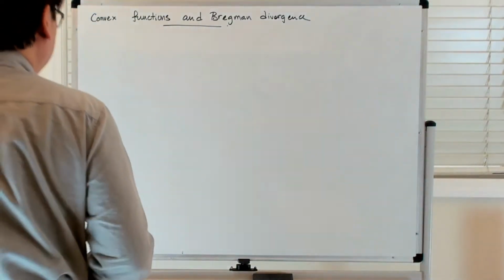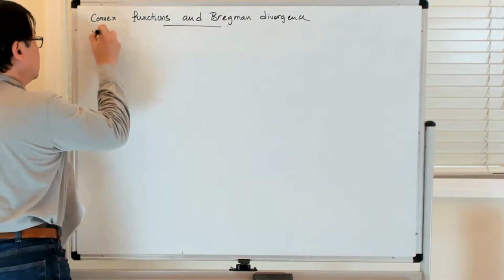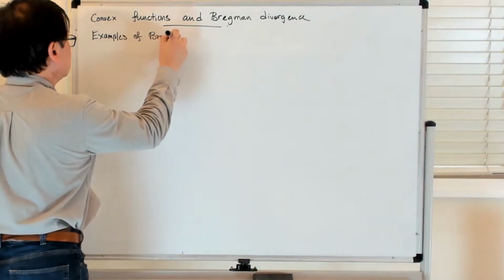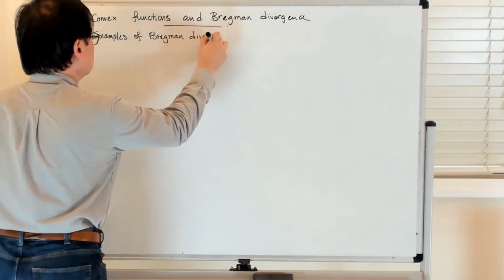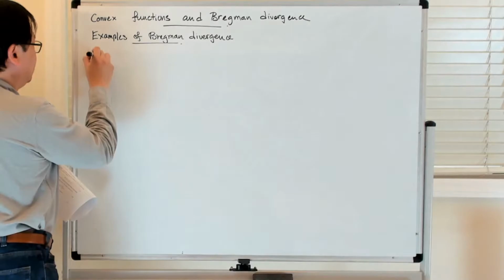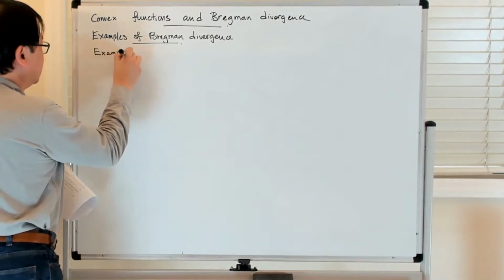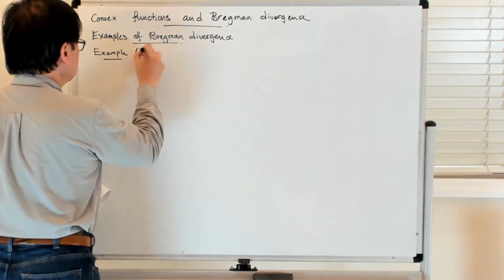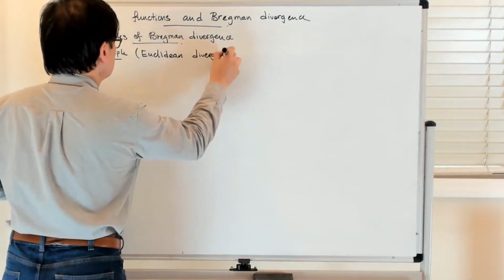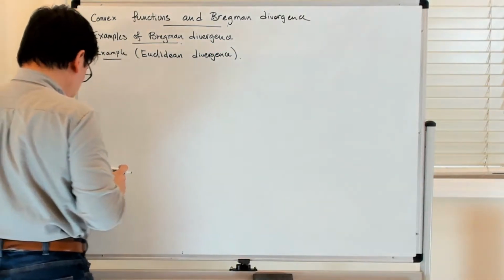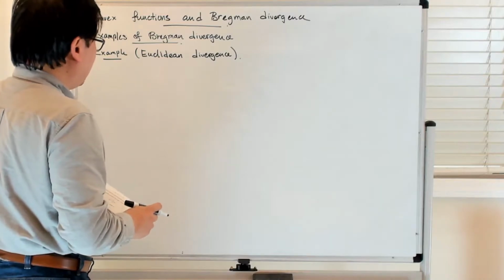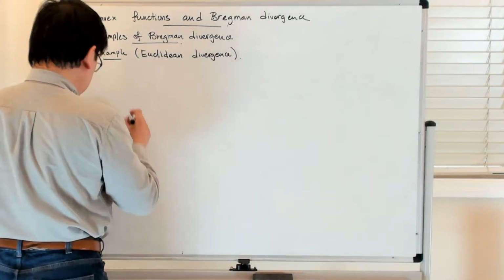Okay, so now we're going to look at examples of the Bregman divergence. So the simplest example is the Euclidean divergence. As you might expect, it corresponds to the convex function, which is just given by the Euclidean distance. All right, so you can check that